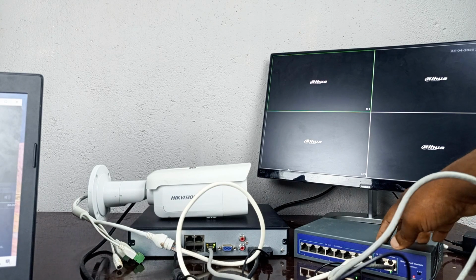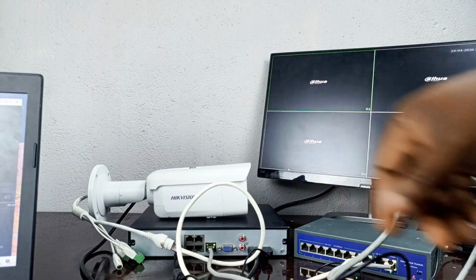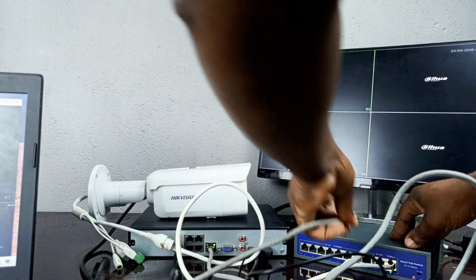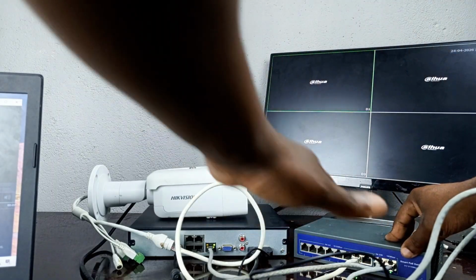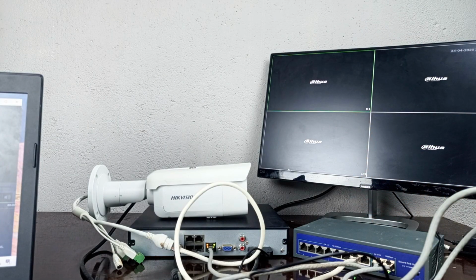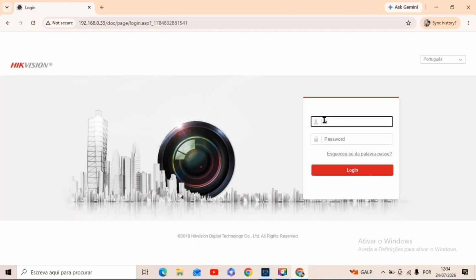But at this moment I need to know how to activate the ONVIF protocol on the camera. So I will need a computer because I also need to know what the IP of this camera is. I will connect here to the uplink for the computer. I have the physical connection made. Now I will access the computer to find out what the IP is and activate the ONVIF protocol. Only then can we add it to our NVR. I will access the camera with the respective user and password.